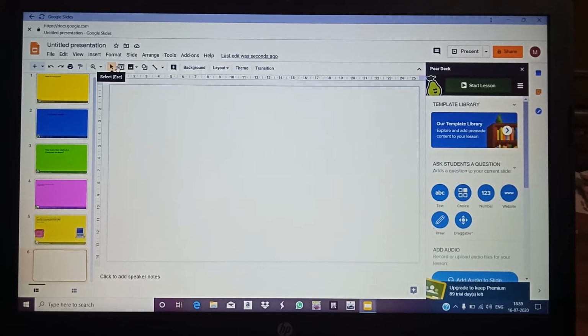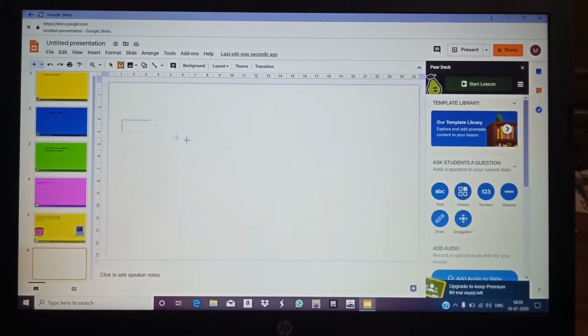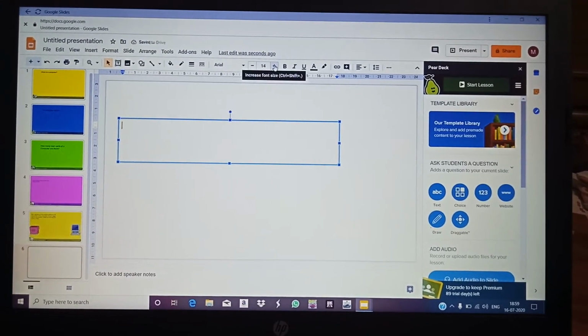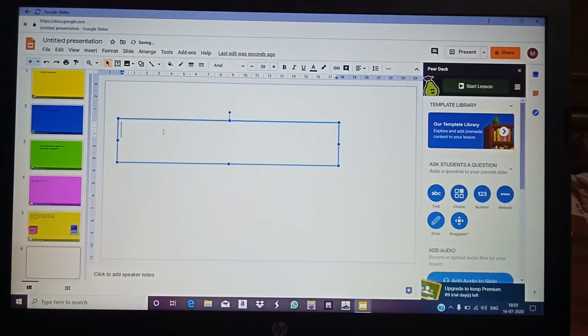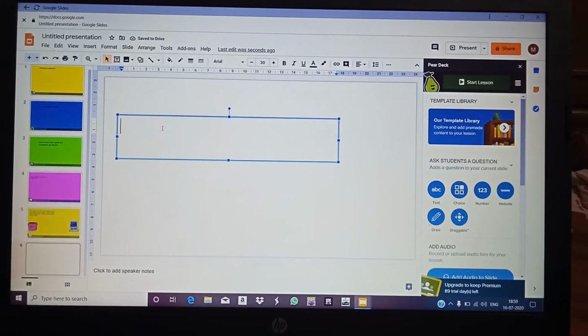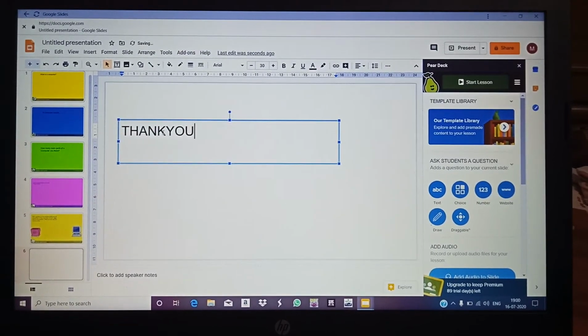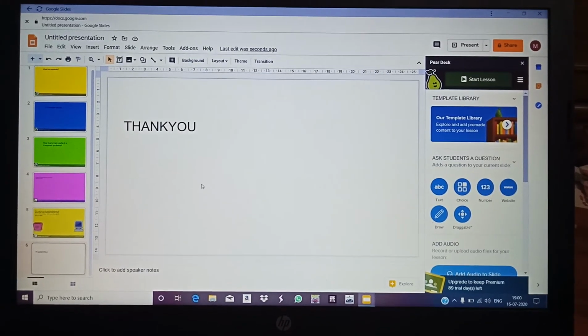What you will do, I will go to text, I will make a box. Font size I can choose from here. Font size I'll take a little big, and here you will have to write. I'll switch on the caps lock and just write thank you. Decoration is all up to you. You can decorate. Fine. Now children will understand that this is the last slide.